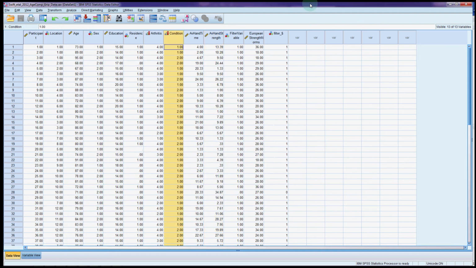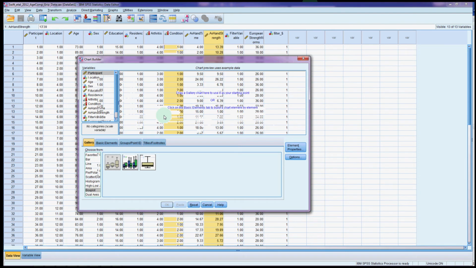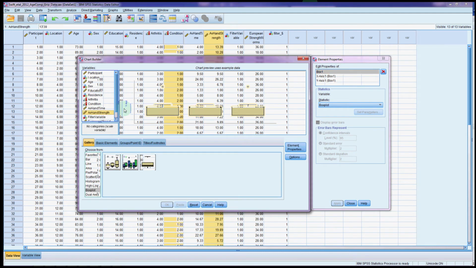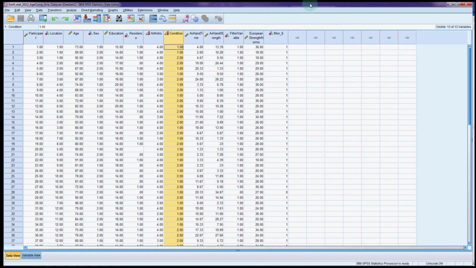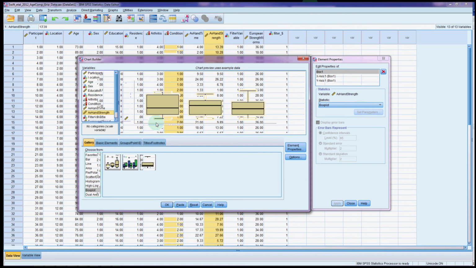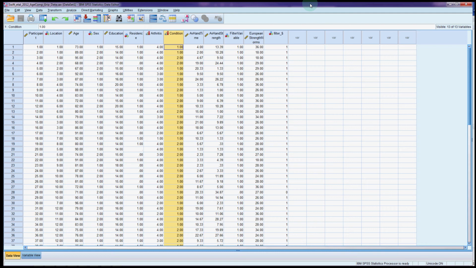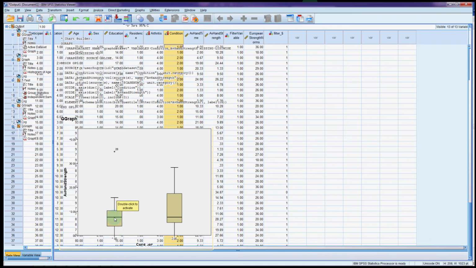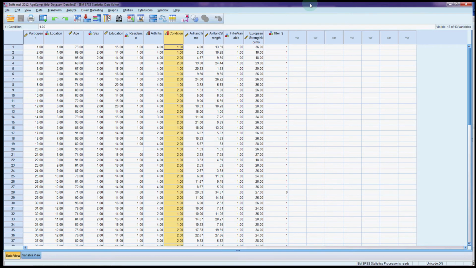So first of all, I'm going to have a look at the box plot and see if there's any outliers. We're interested in hand strength and over the two conditions. And this time we can see that it looks like there is a difference in the variation between the two groups. So there's less variation here in the condition group than there is in the control group, except that we do have this outlier. Now, this particular person appears to be stronger than everybody else in the study,